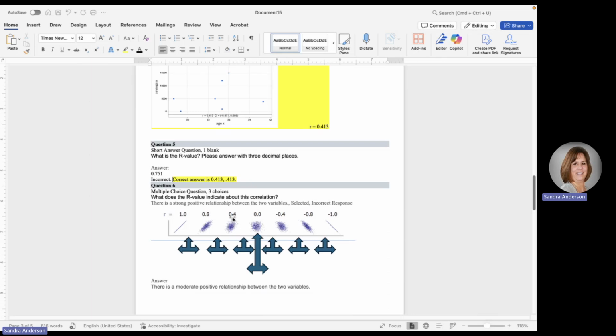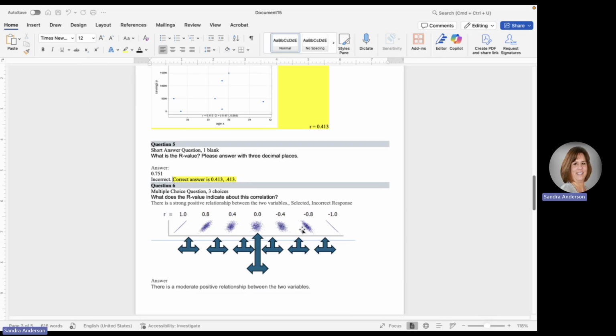If it's, say, between 0 and 0.4, so that falls in here, that would be a weak positive. This would be moderate positive if it falls within here, and this would be a strong positive. The closer you get to 1, the stronger your correlation is. The closer you get to 0, the weaker. Same thing on this side. So this would be a weak negative